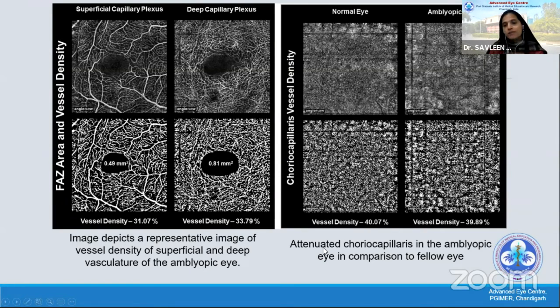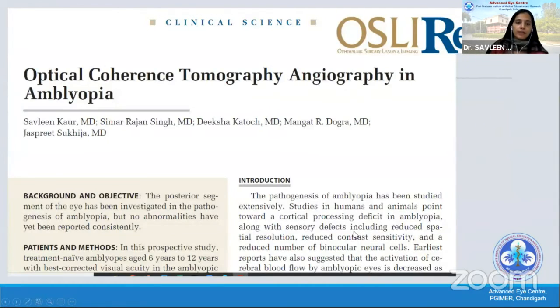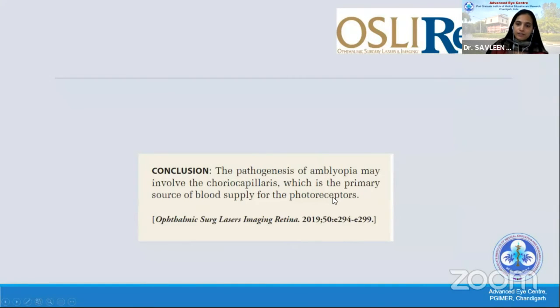And interestingly, we also saw that the choriocapillaries of the normal eye and the amblyopic eye were different. You see, the normal eye has a pattern which is regular, and in the amblyopic eye, we saw these attenuated choriocapillaries in comparison to the fellow eye, and also the vessel density was reduced. So we concluded that the pathogenesis of amblyopia may involve the choriocapillaries with our study. Maybe they are the source of nutrition for the retina, and perhaps this is where we need to study more